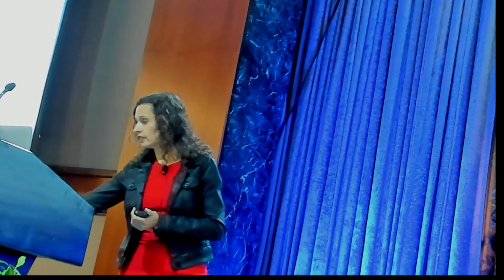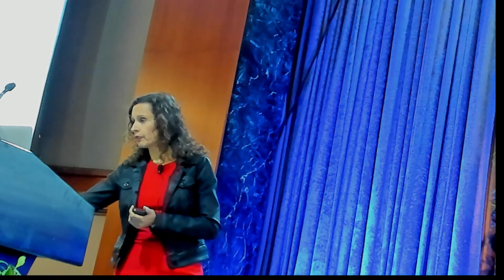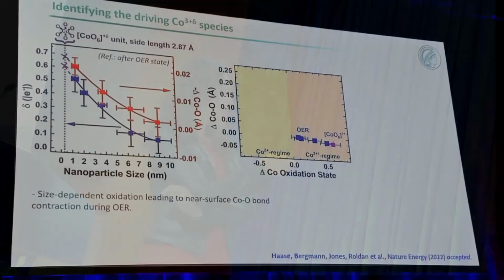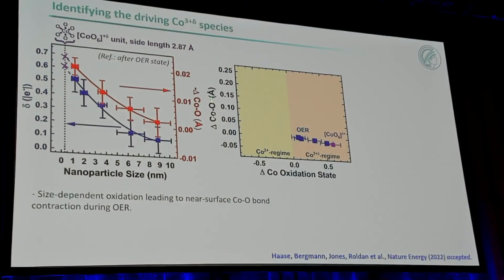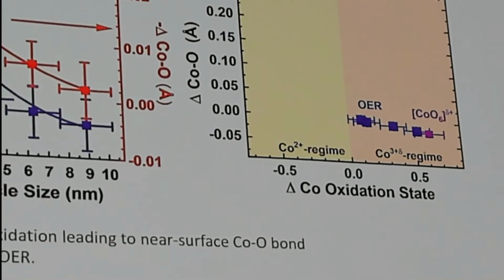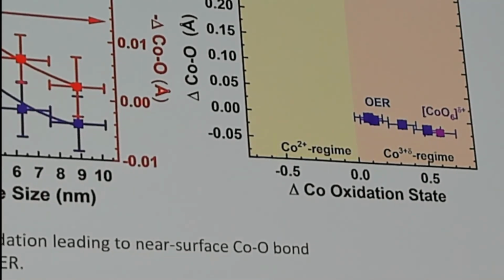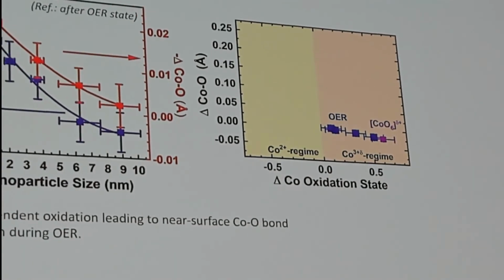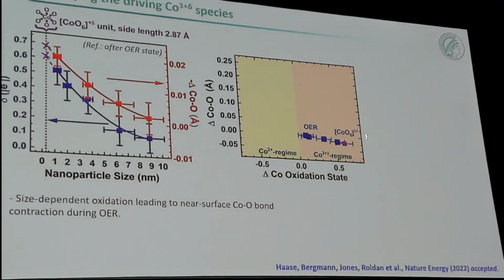If you look further, you see here the same data that I showed you before. This is the change in the cobalt-oxygen bond length, this is the change in the oxidation state. This is our active catalyst. These are for all the particle sizes down to 1 nanometer, and this is the extrapolation when we go to the near surface. We work with physics to try to see, under these conditions, what do we really have